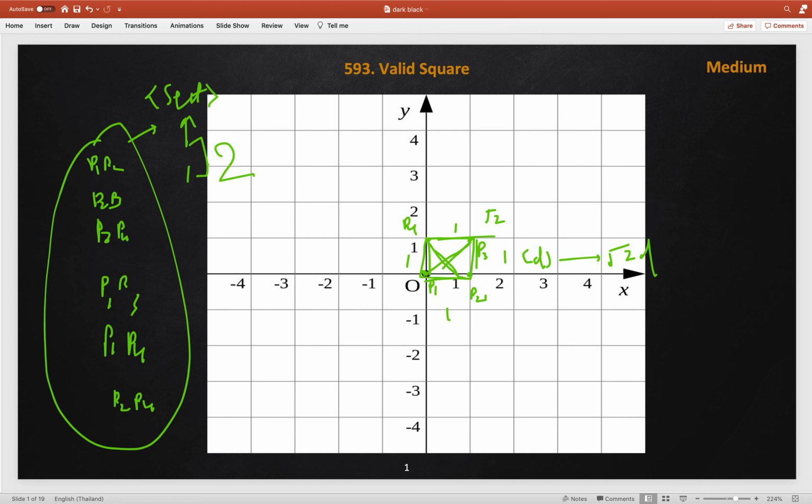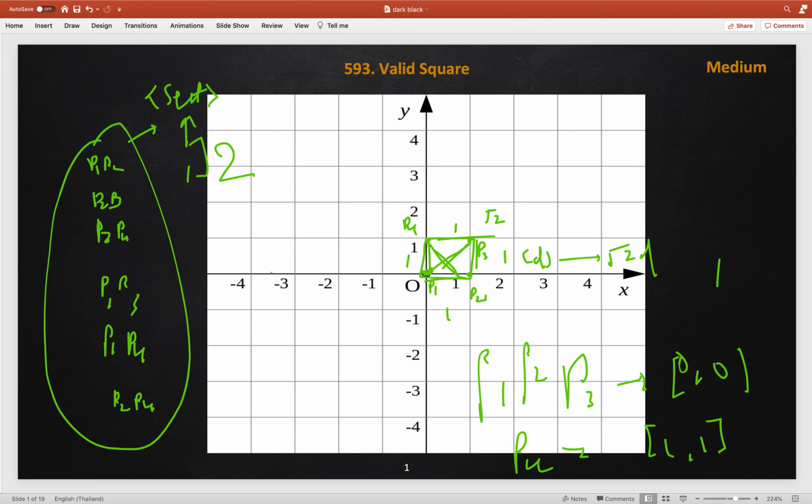But there is a corner case. Let's say we get 3 points, p1, p2, p3 all at the origin, 0 comma 0, and p4 is at 1 comma 1. If we see what will happen, p1 p4, p2 p4, p3 p4 distances will be the same, which is 2, and then p1 p2, p2 p3 and p1 p3 will be 0.